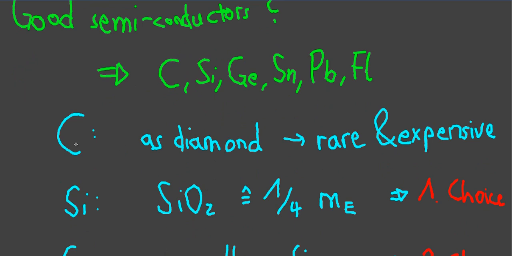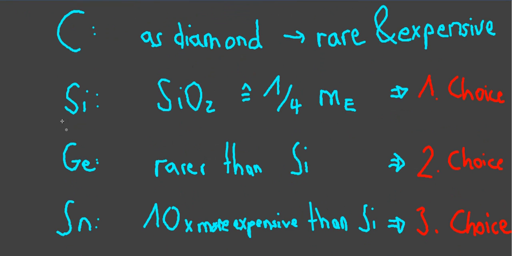Carbon, for example, we can have as graphite, and we can also have it as a diamond. And we could use this diamond form of carbon, but it's quite rare and expensive. So we actually use another one, which is silicon. We use silicon because in silicon dioxide, SiO2, it's in its diamond form, and there's so much SiO2 out there,